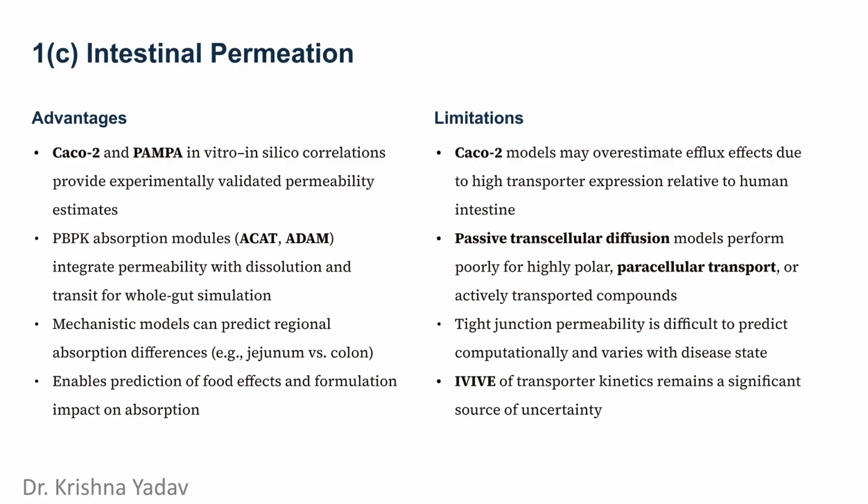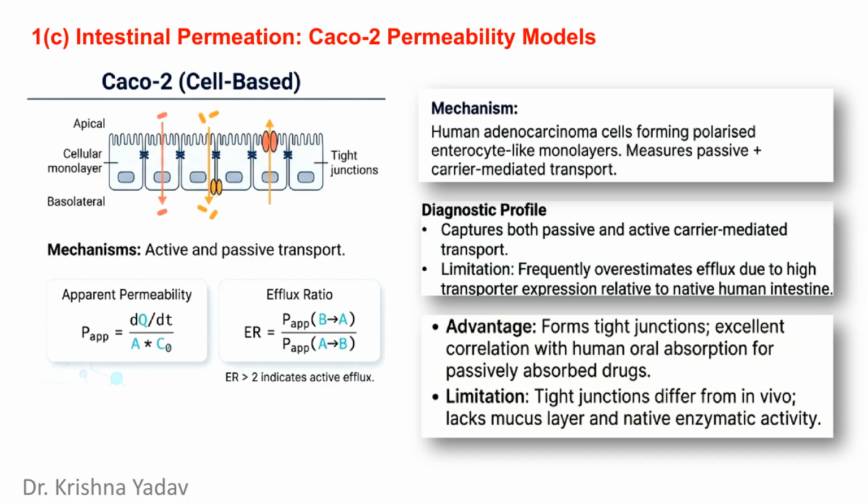However, limitations exist. CACO2 models can overestimate efflux effects. Passive diffusion models struggle with highly polar or actively transported compounds. Tight junction permeability is hard to predict, and in vitro to in vivo extrapolation of transporter kinetics is a major uncertainty. When we're developing a new drug, one of the biggest questions we have to answer is, will it actually